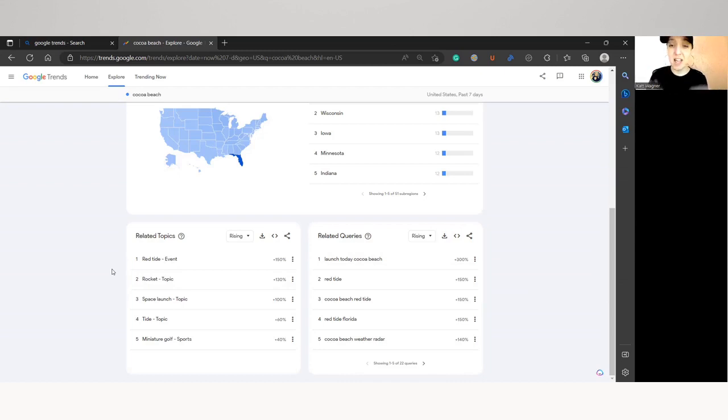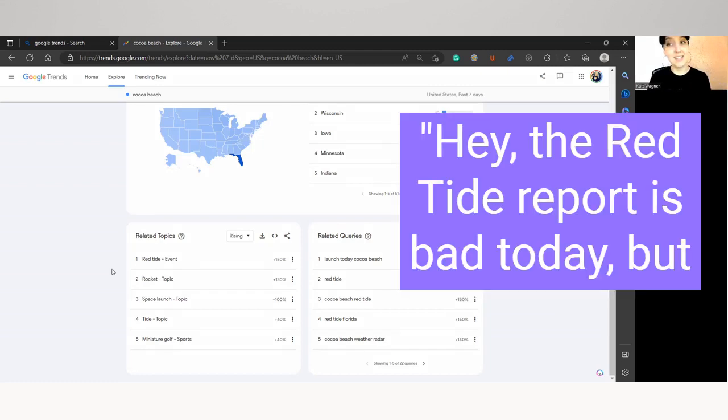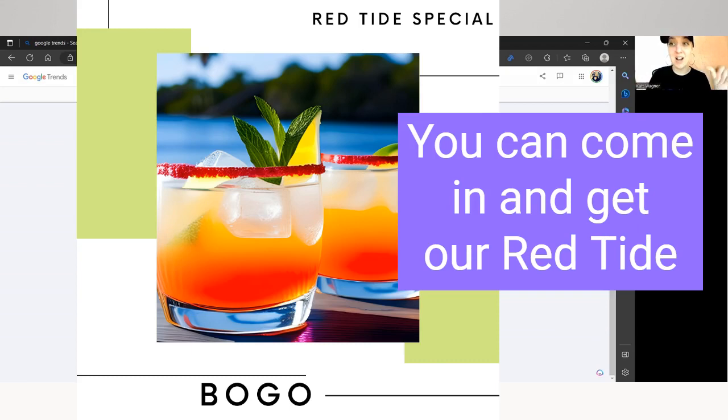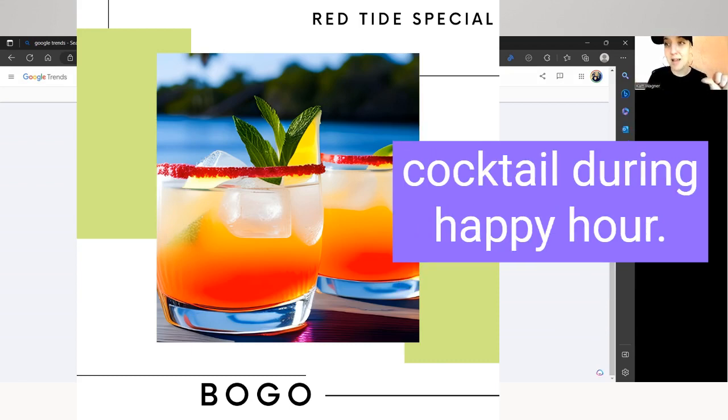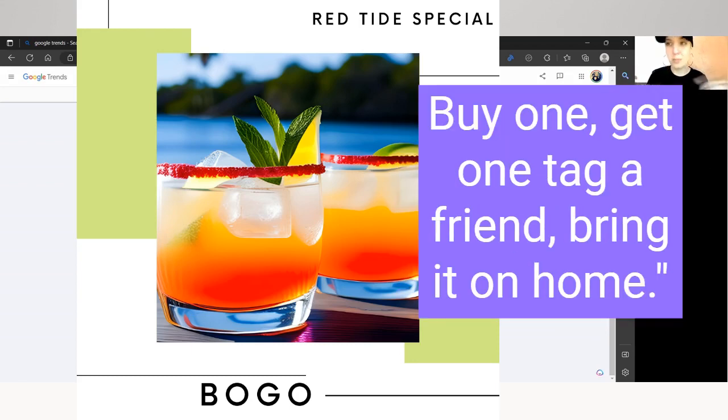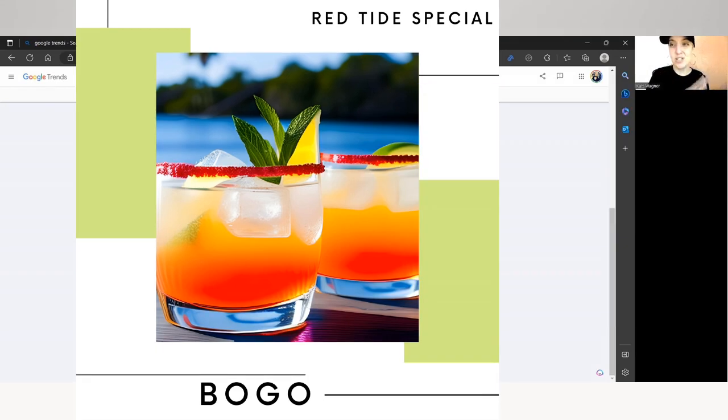What's exciting about it? However, if someone goes to Facebook and they search for red tide or launch today or space launch, and one of the posts that comes up is me mentioning, hey, the red tide report is bad today, but you know what you can do? You can come in and get our red tide cocktail during happy hour, buy one, get one, tag a friend, bring it on home. And now not only do you have an eye-catching post, but you're offering people the information